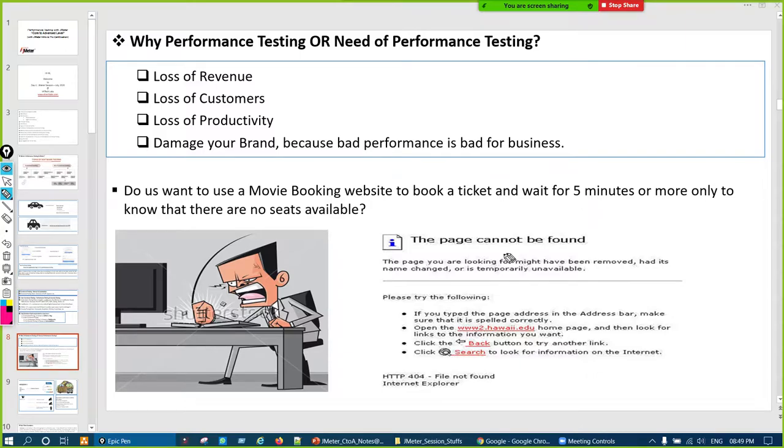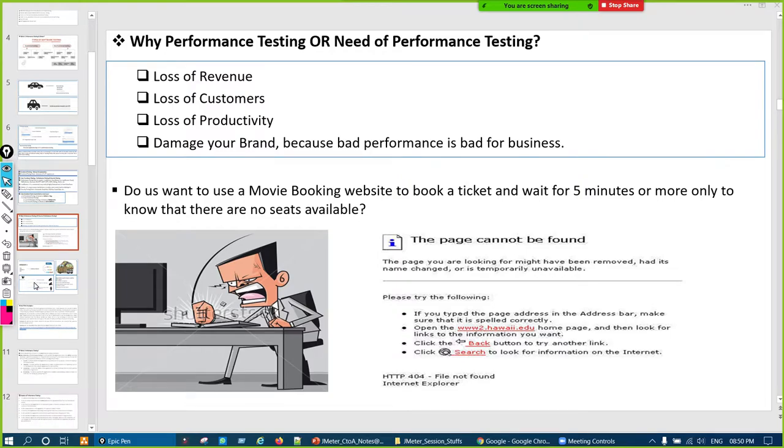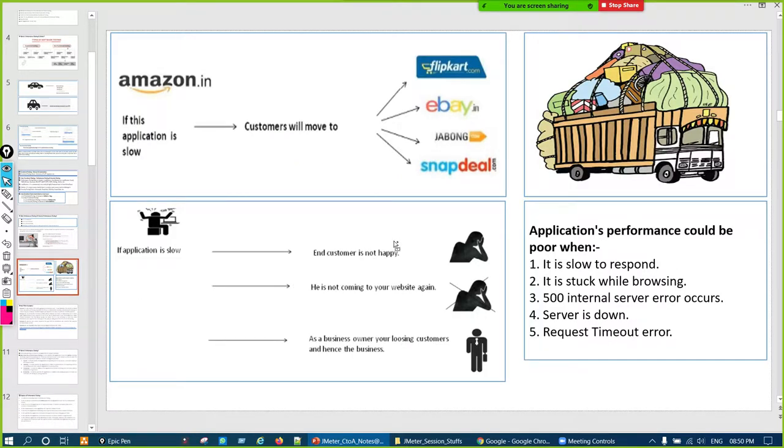And for me the page looks like this kind of thing. You may have faced this in earlier days, and maybe this kind of error will come even now, like page not found, or the application has gone slow. So obviously we'll get irate, and we'll say, okay, let us search on another platform.